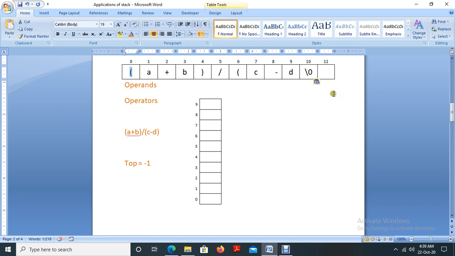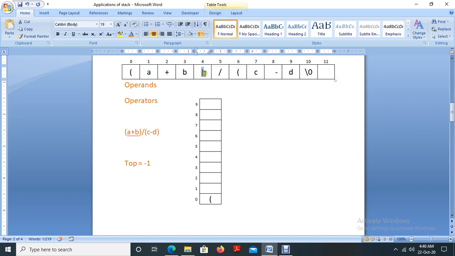It's an open bracket. Insert that open bracket into the stack. Next one is an operand. We will not consider that operand. Next one is an operator. We are not considering that one also. Again an operand. We are neglecting that one. Then a closing bracket is there.